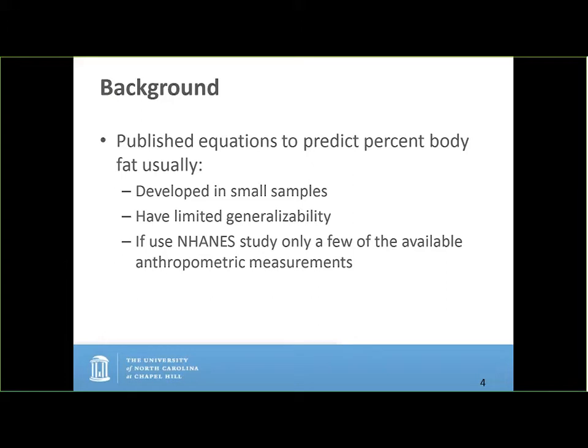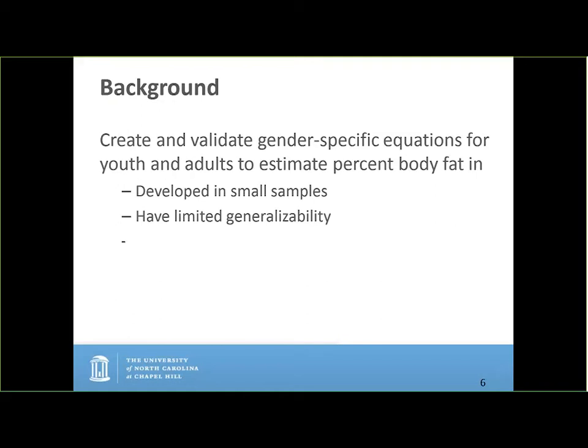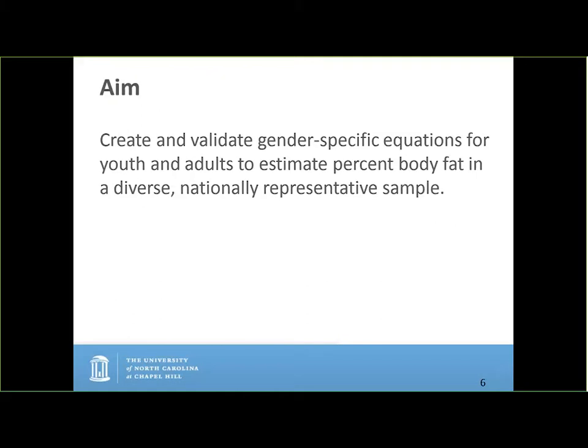The equations that are out there, though, most of them have been developed in pretty small samples. A lot of times those samples aren't really based on any larger population, so their generalizability is small or questionable. If they used NHANES data, they only used a few of the variables that were available, and they also have other methodologic issues often that I'm not going to go into today. So we aimed to create and test gender-specific equations for use in adults to estimate percent body fat in a